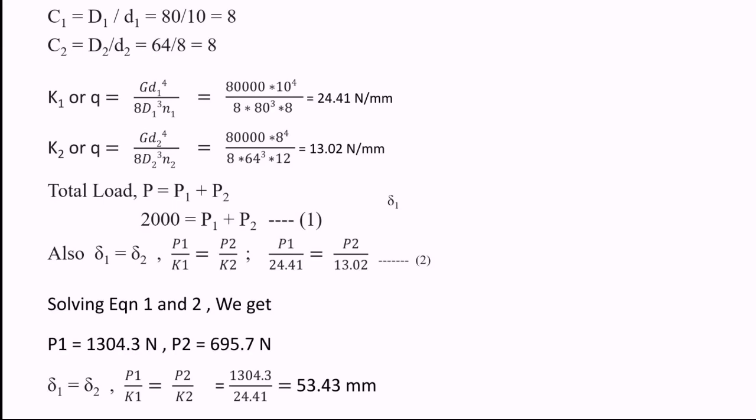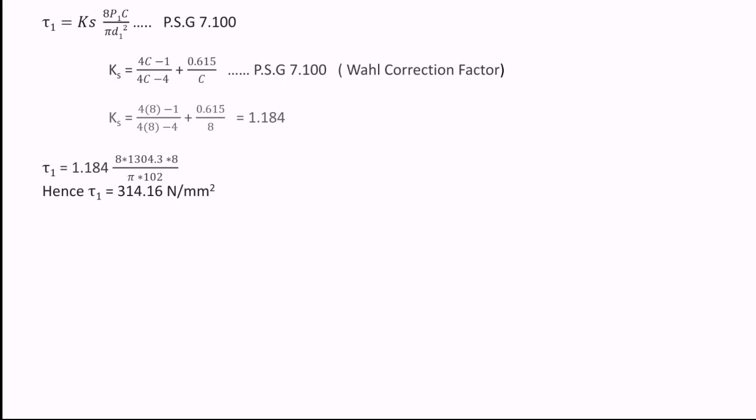In the question it was asked to find out the stress acting on each spring. So I will find it by using the stress relation. We have tau 1 is equal to Ks into 8 P C divided by pi d square, from PSG 7.100. As the spring index is known to me, I will find out the value of Ks, which I will get as 1.184. Substituting the value of Ks in the tau equation, I will get the answer for tau 1 as 314.16 Newton